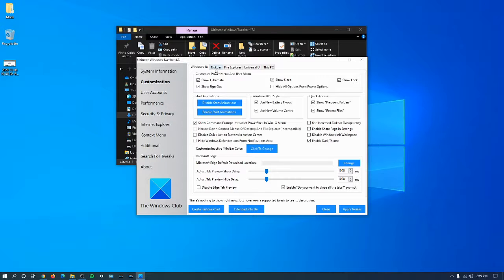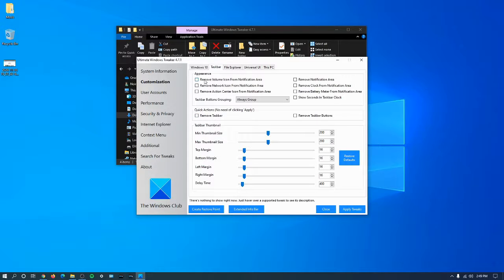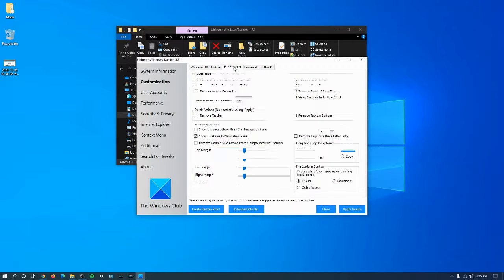And then if I click on the taskbar up here, I can remove the volume icon from the notification area, remove the network icon from the notification area, remove the action center icon from the notification area, and I can remove the taskbar, all of the taskbar. I can remove the taskbar buttons, so the buttons on the taskbar, I can remove them all. I can remove the notification area. I can remove the clock from the notification area. I don't know why you would want to do that, but